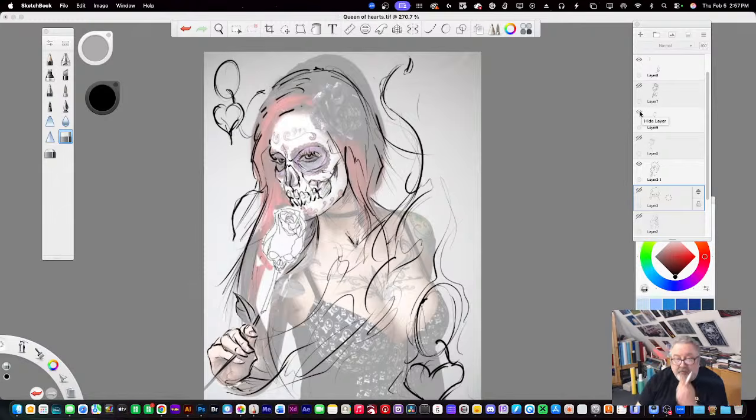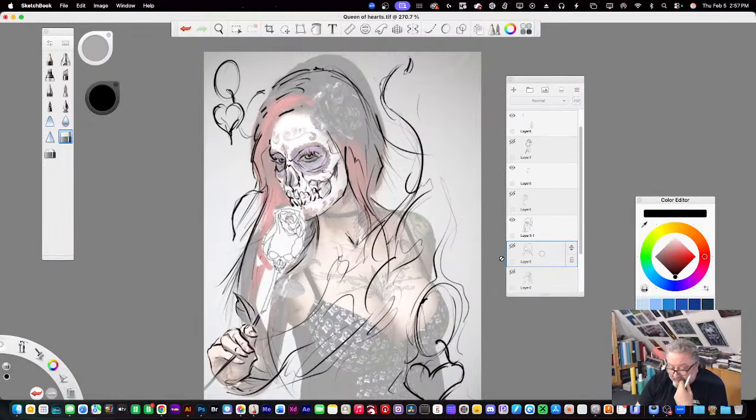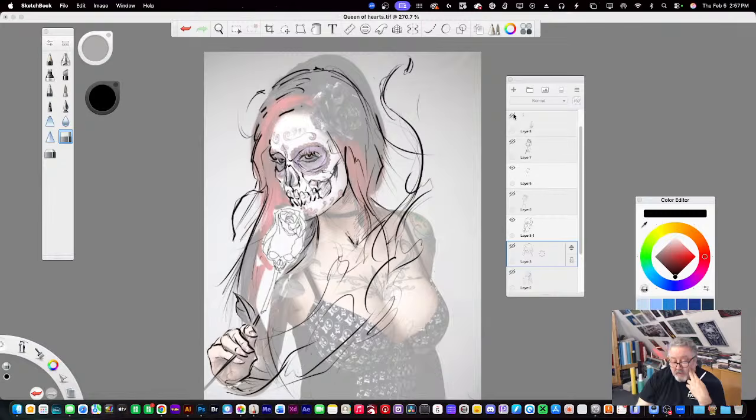This is from the Skull and Roses that I have. And I do this in multiple layers. The way I break it down, I do it in sections, so I can turn things on and off, and if I don't like it, I can just erase it. Because if you work digitally, you have the power of undo, right? But that only goes so far. If you get too far in the drawing and realize you don't like it, you can't undo your way out of it. So I usually break things down to 3 or 4 layers.